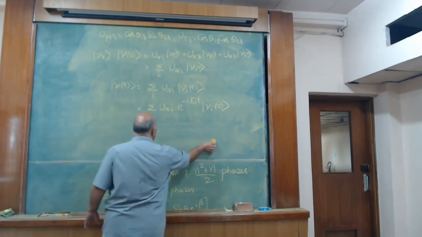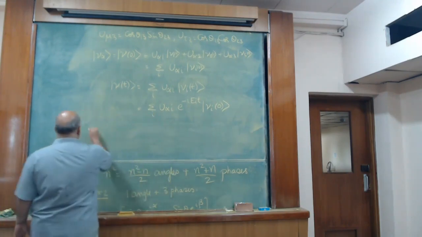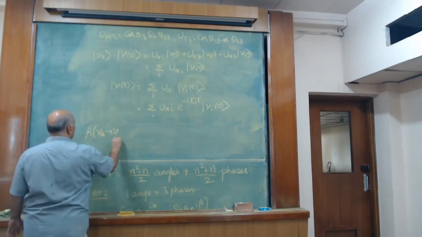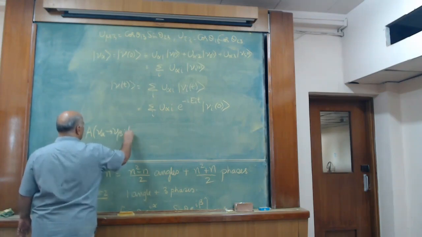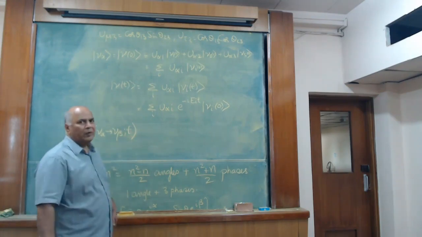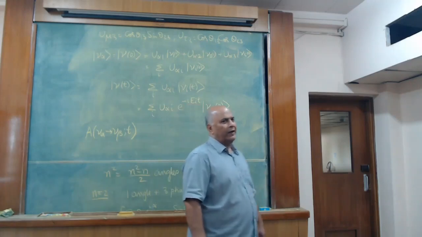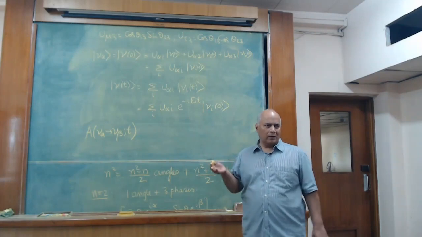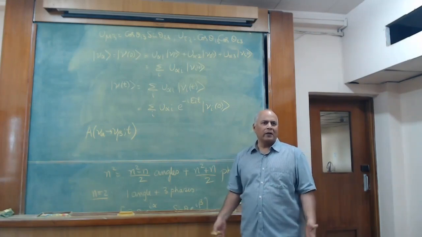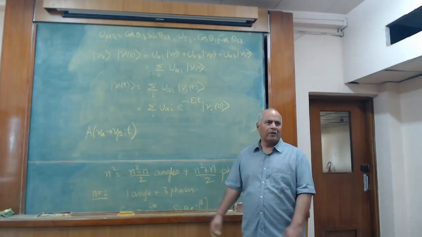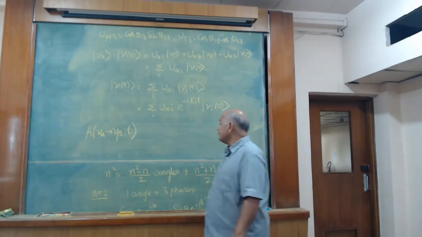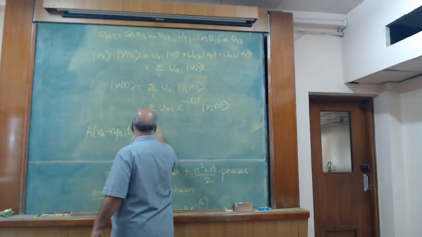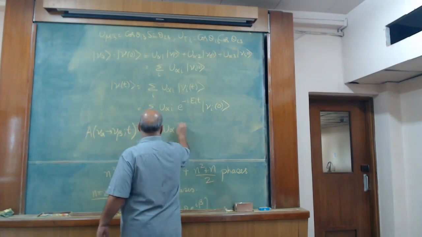And now, the amplitude for a state which started out as nu alpha to be in the flavor eigenstate nu beta at time t. By the way, beta can be alpha, in which case I have a survival probability. If it is different from alpha, I have an oscillation probability. This is sum over i u alpha i